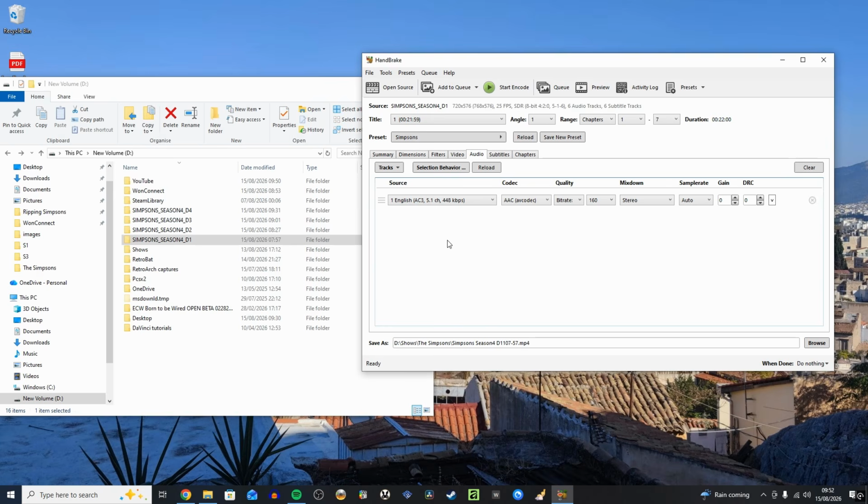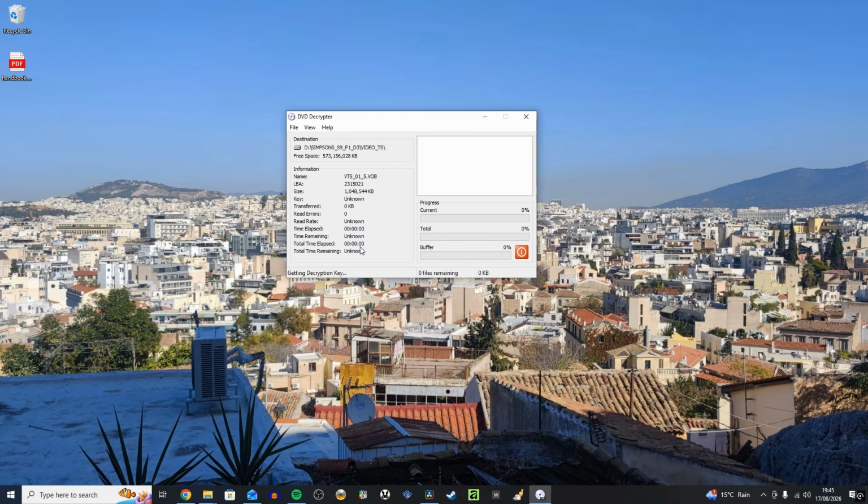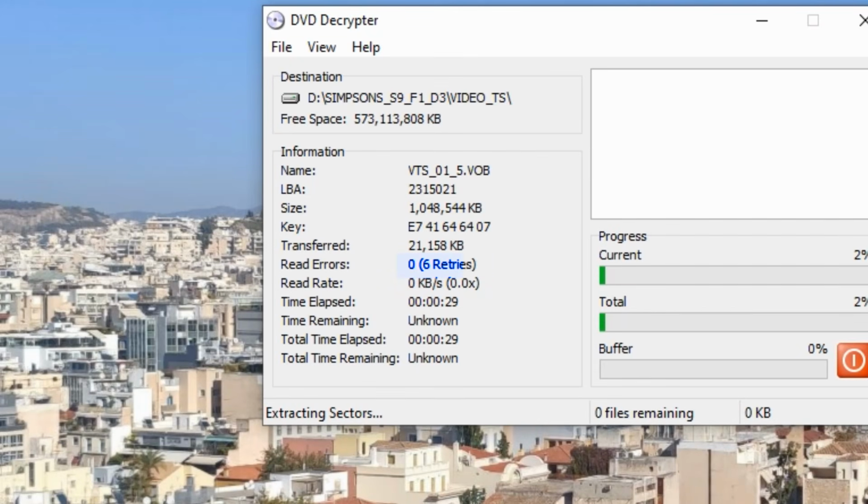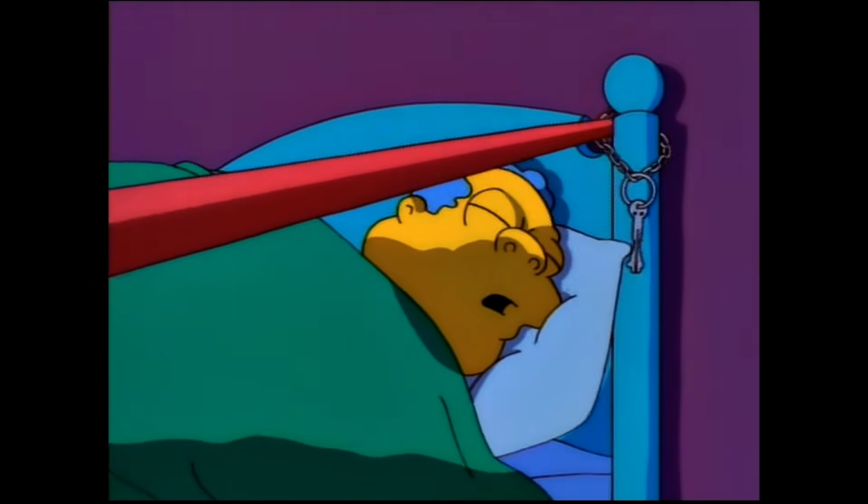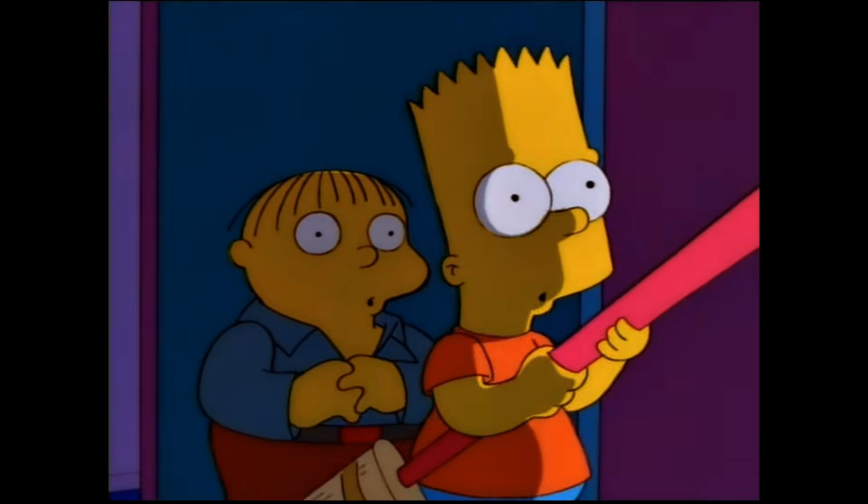DVD Decrypter kept failing to read this one file, and then I tried MakeMKV, which actually seemed to work better compared to early seasons, but that couldn't read this episode either, but it would write the rest of the disc. The file itself was the episode where Bart becomes friends with Ralph Wiggum. I guess there must have just been some invisible scratch or damage on that part of the disc, so instead